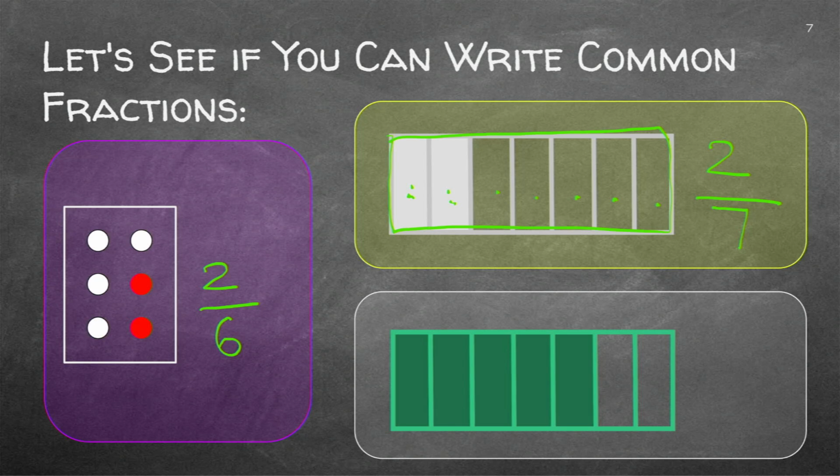Now I want to challenge you to do the grey block at the bottom by yourself before looking at my picture. Now I'm going to start. 1, 2, 3, 4, 5, 6, 7. How many parts been colored in green? 1, 2, 3, 4, 5. 5/7 is colored with green.